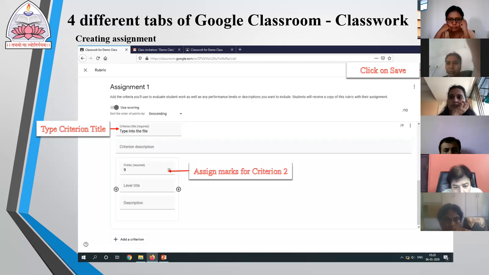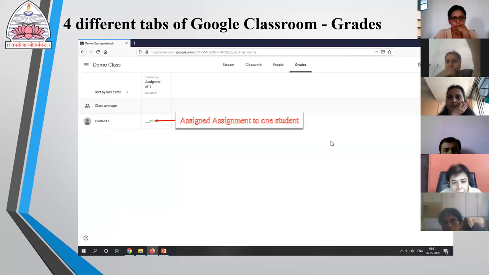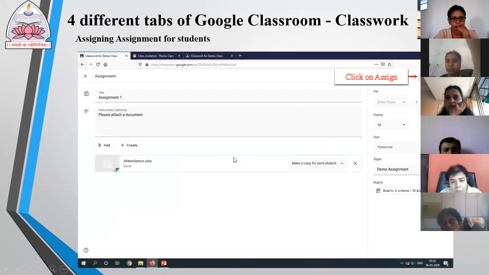So once all these settings are done, there is a save button at the top right corner. So I'll be clicking on this save button. And then once I save the settings which I have done on rubric, the distribution of marks will be getting linked with my assignments.